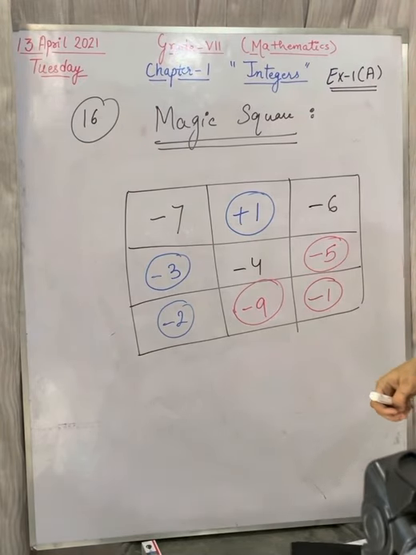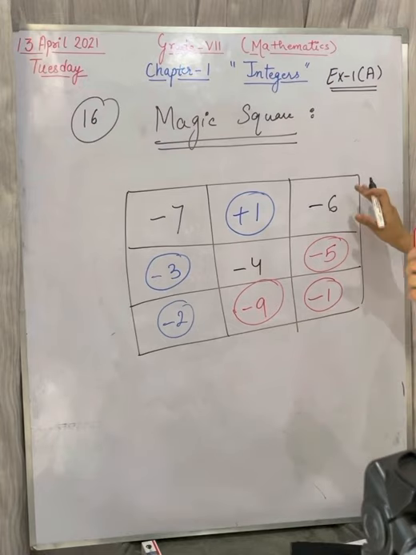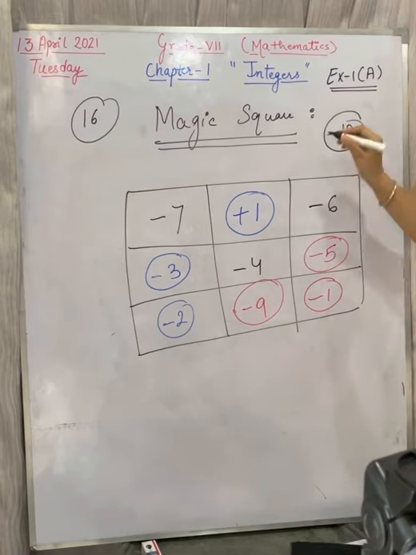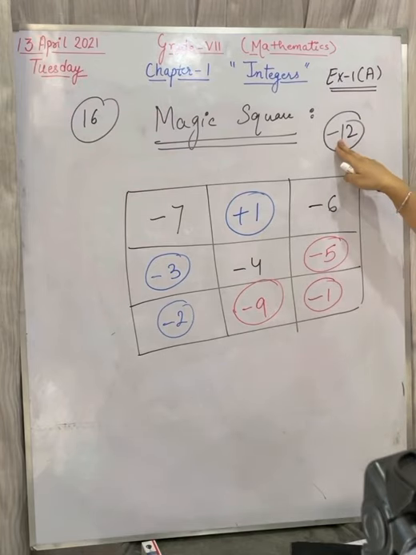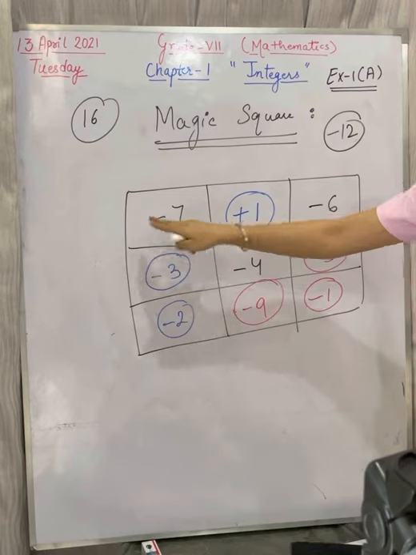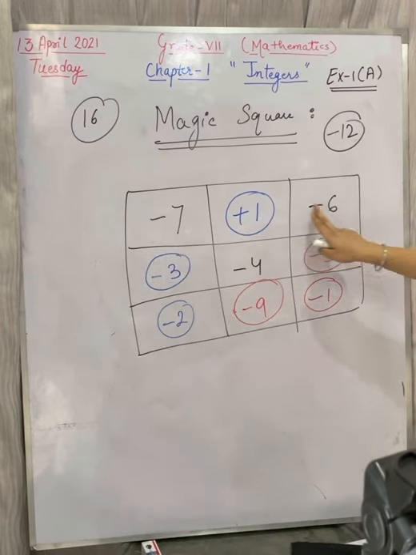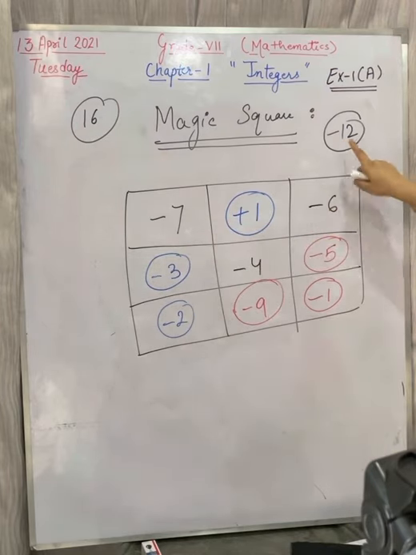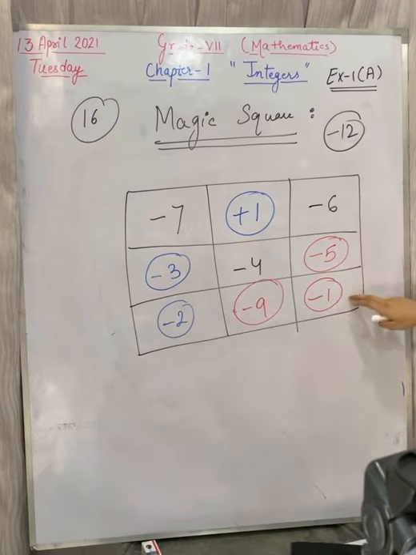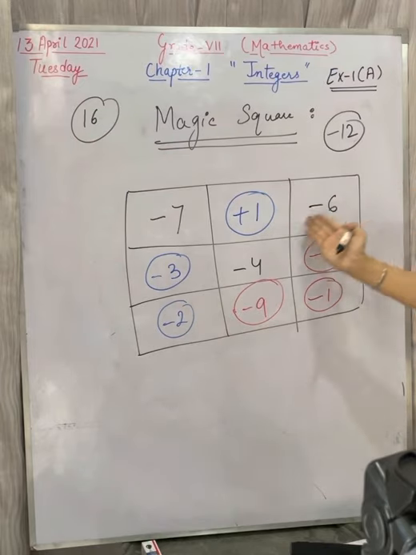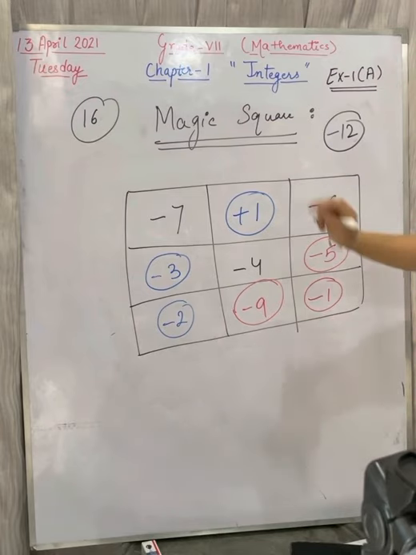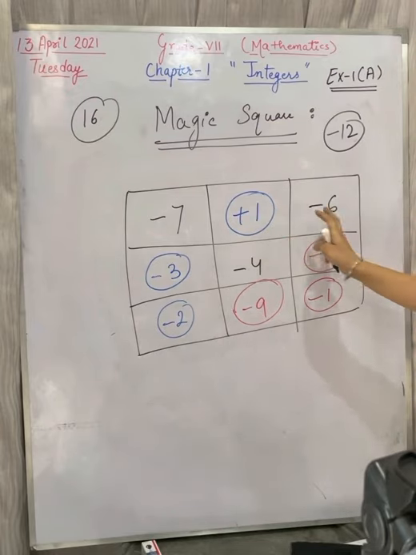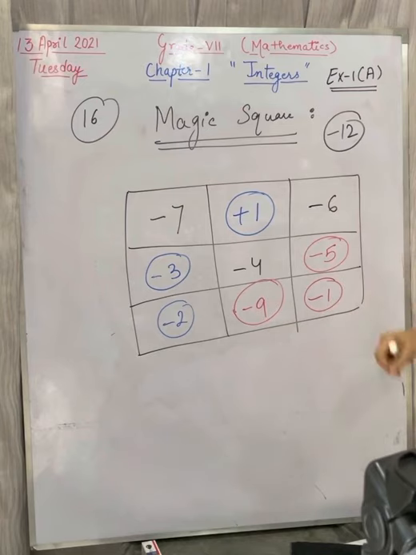Okay, so the question was, you have to add or subtract with any of the integers so that your answer will be minus 12 everywhere. In this row, you can add or subtract this complete row, the answer will be minus 12. Here also, the answer will be minus 12. Here also, add, subtract all these, the answer will be minus 12. Diagonally also, column wise also. So this is a magic square. Two values will be given to you and the third value you can compute.